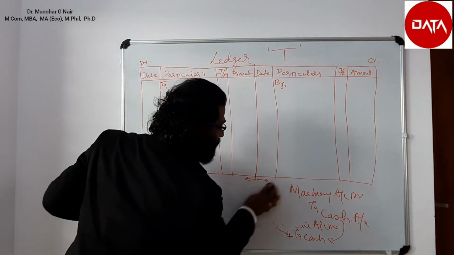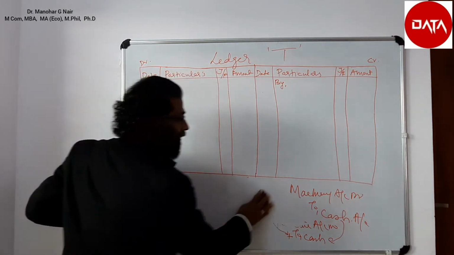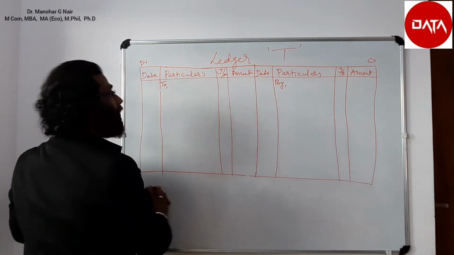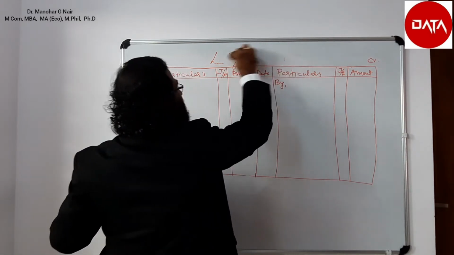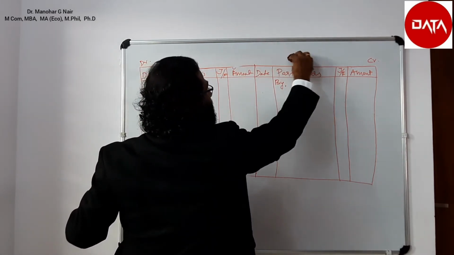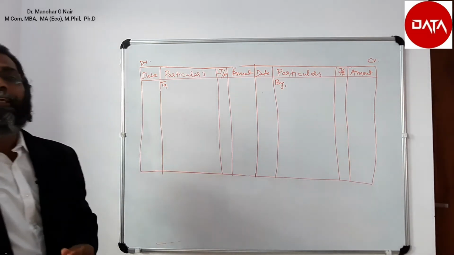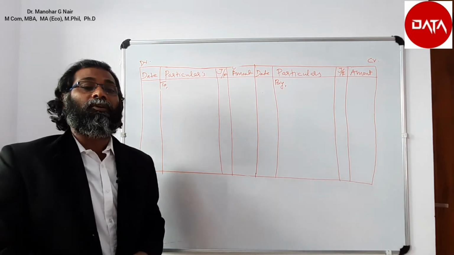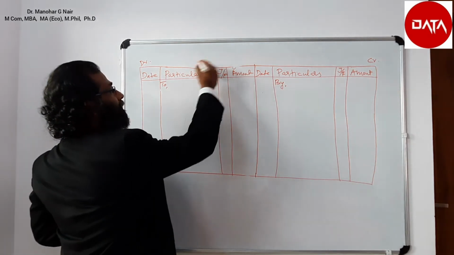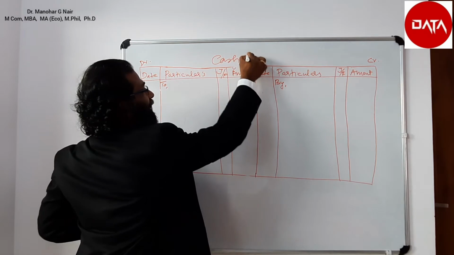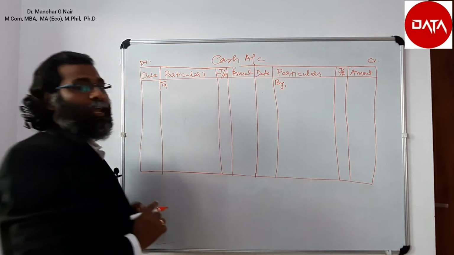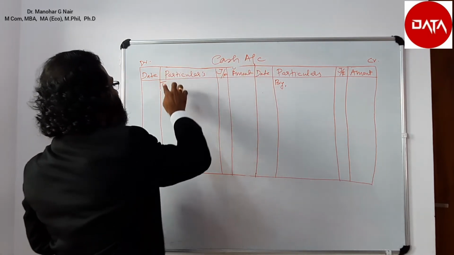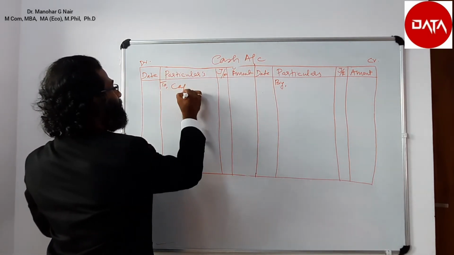Let us practice by entering it with the help of the previous example that we have taken. So let us try to post it. Transferring a journal into the ledger, or placing a journal into the ledger, is said to be posting. So let us take the first case. The first journal entry that we have written is cash account debtor to capital account. So the name of this account is cash account. Now take the journal entry: cash account debtor to capital account.